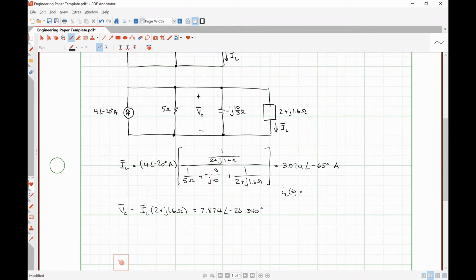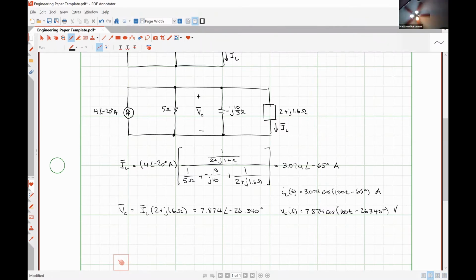And all we need to do is add those angles, right? Yeah, so we would have IL of t equals 3.074 cosine omega, which was 100, t minus 65 degrees amps, and VC of t would be 7.874 cosine 100 t minus 26.340 degrees